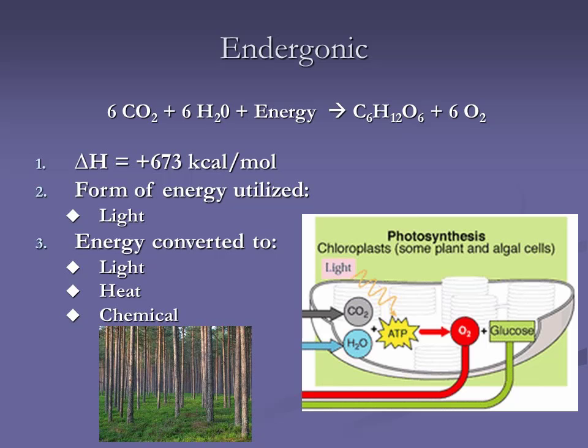Look at endo. We're taking CO2, water, plus energy. Where's the energy coming from? The sun, because we're talking about plants, photosynthesis. Now, we're taking CO2 that's not going to have a lot of energy stored in it. We're packaging it into, there's that 6-carbon molecule again, C6H12O6. Who's that? Glucose. The input of energy means this is endo. Change that to endergonic.